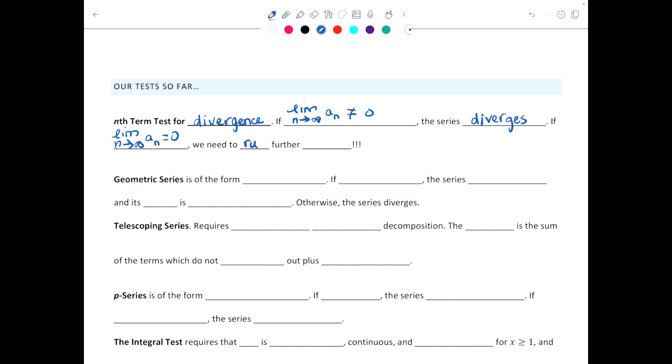You need to run further tests. It's not an if and only if statement. All right, we've also learned about geometric series, which are of the form,